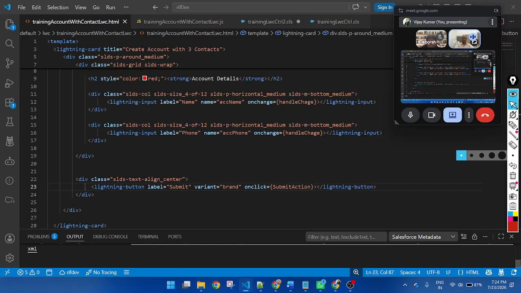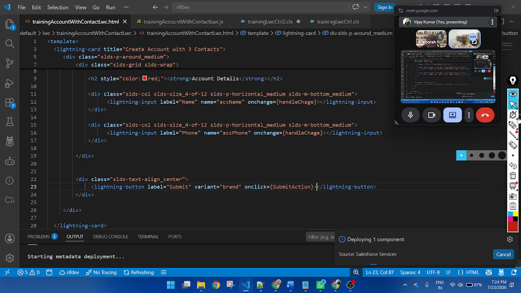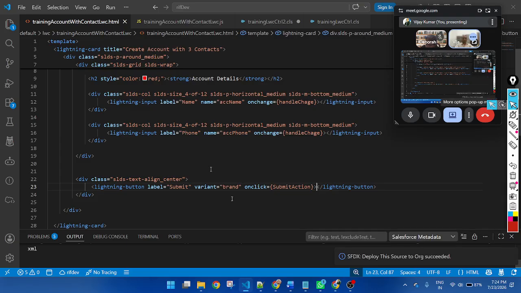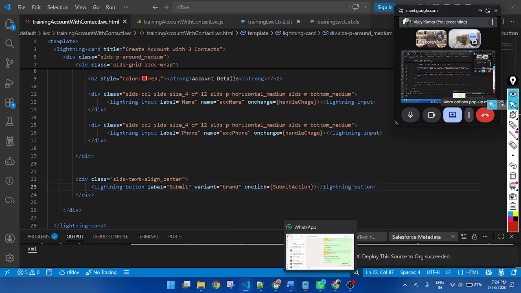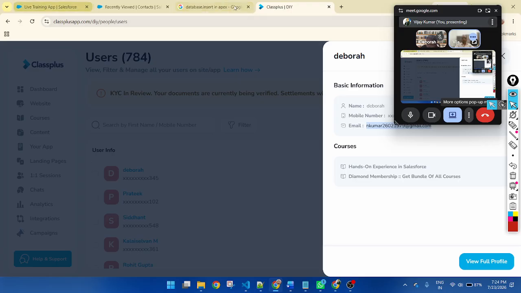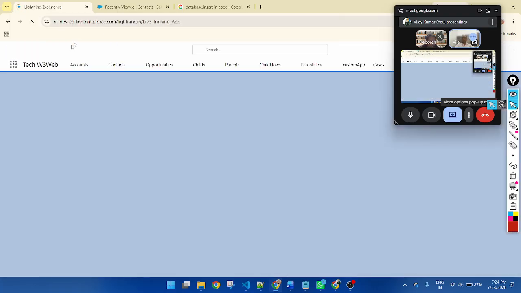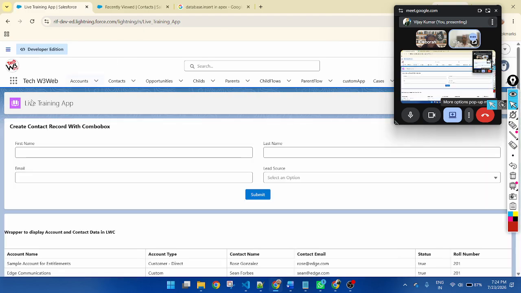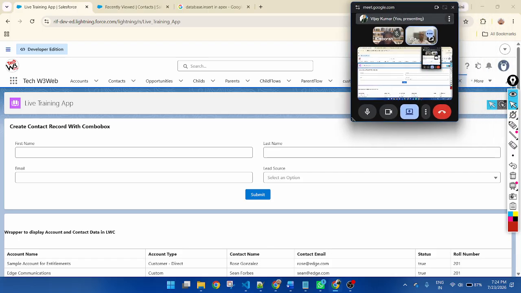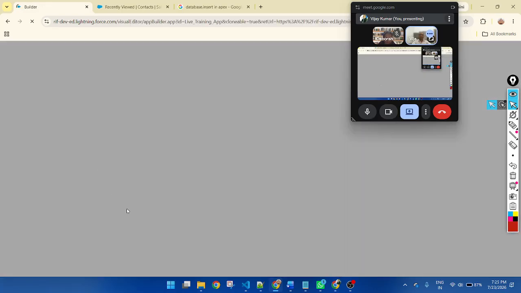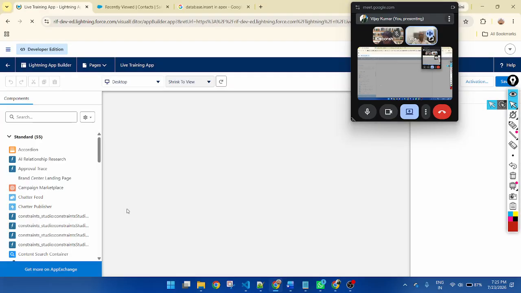Now let's save and deploy the code. My code deployed successfully. Now let's refresh this component. So I'm refreshing the page. This is a lightning page, simply go to edit and drag and drop your component.